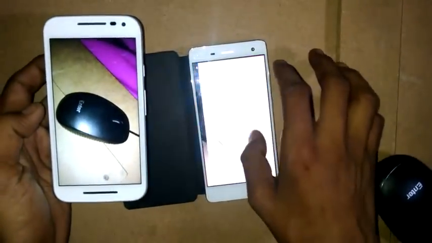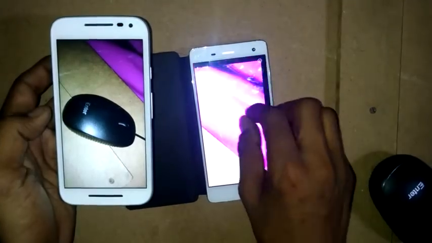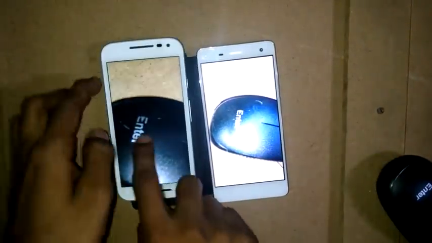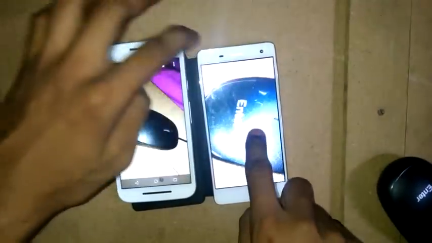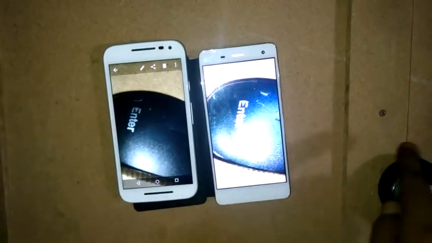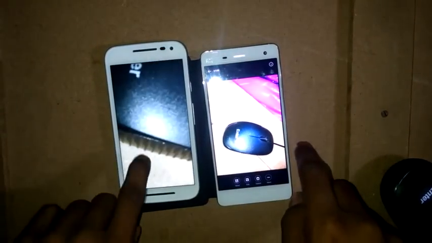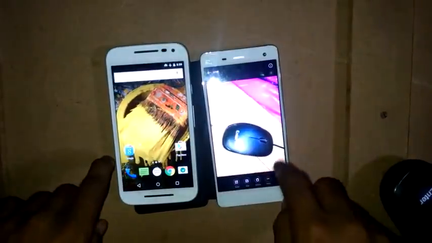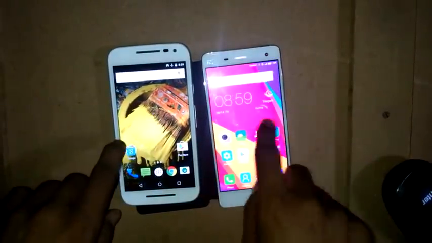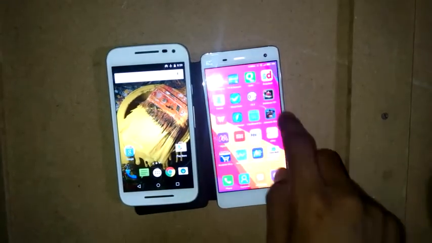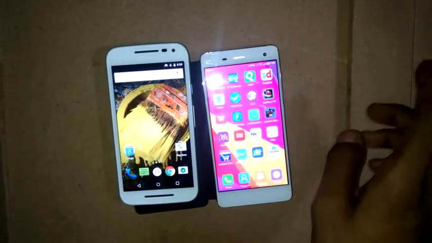You can really see that there is a lot of difference between these two photos. This photo looks far better than this. Look at that, it does not have the details that the MI4 camera has, and the MI4 is far better than the Moto G3. So you really cannot compare these two mobiles, because there is a very big difference between them, and you cannot really compare them.